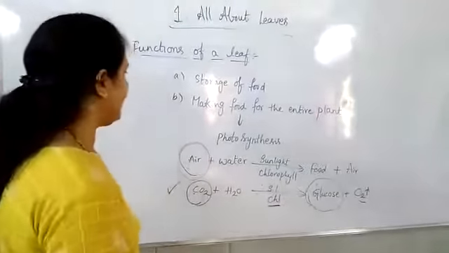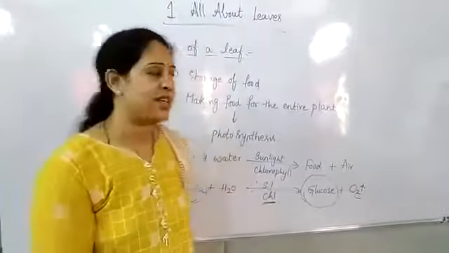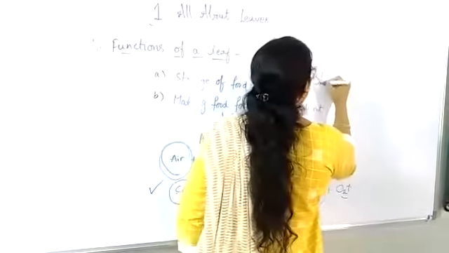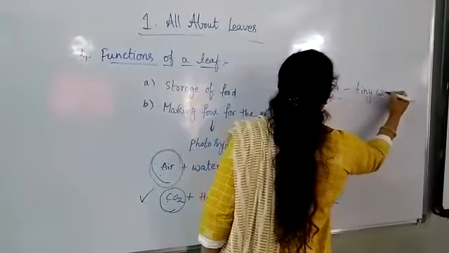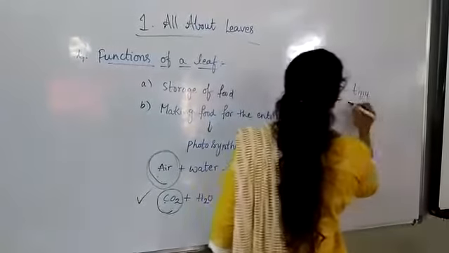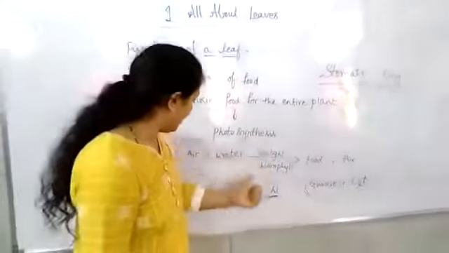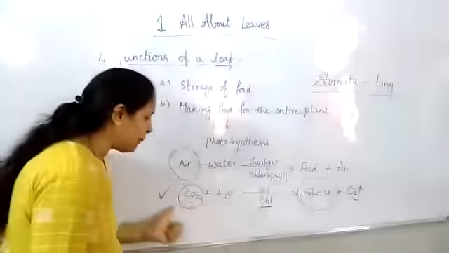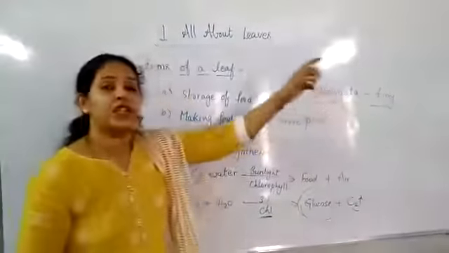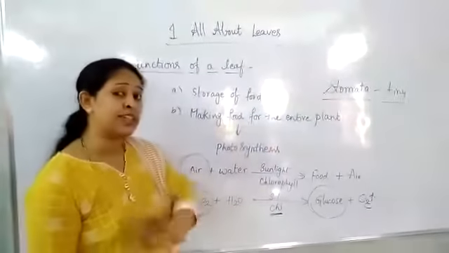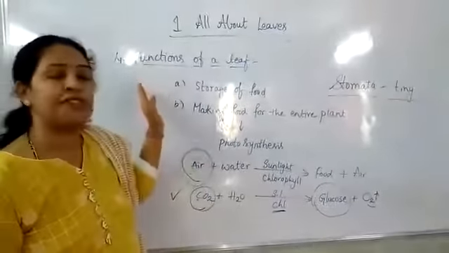And one more interesting thing, on the leaf we can find very tiny holes. These tiny holes are called stomata. What is the main function of these tiny holes? Here, you can observe CO2. How does the carbon dioxide enter the leaf? Through these stomata, the carbon dioxide enters the leaf, and through these stomata, again the oxygen is released outside. Okay, understood? These are the functions of a leaf.